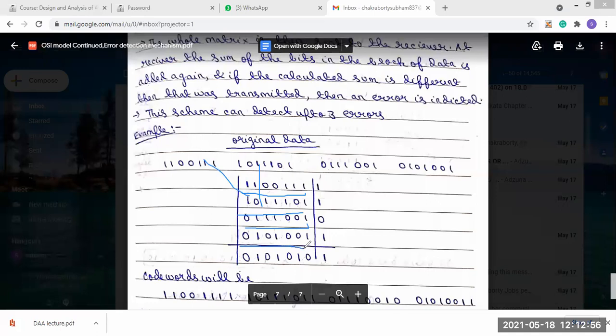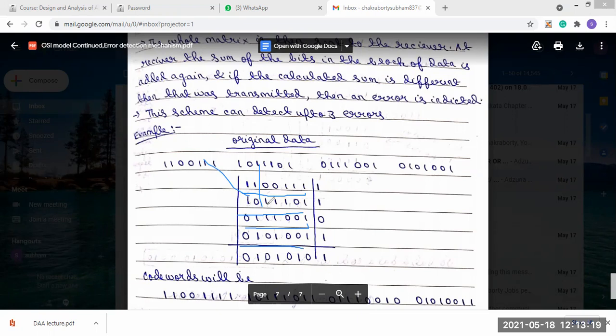So now in this 2-dimensional arrangement, what will we do? We will add parity bits row wise and column wise. In both ways, we will add the parity bits. We want to use even parity.